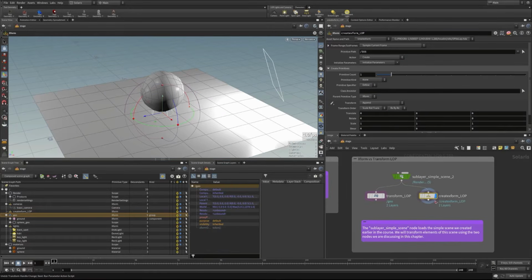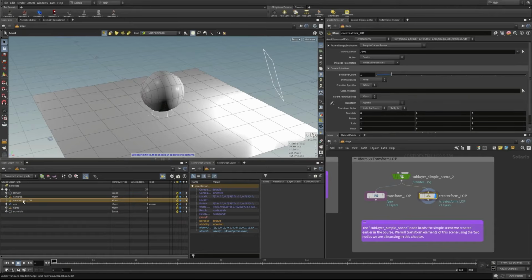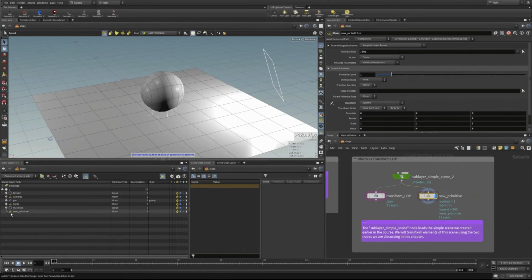Now, when we come over here to the Create XForm LOP, this is a little different because it has the ability to not only transform stuff, but also to create an empty transform primitive, or an XForm primitive, if you would. So here you can see we have a Create XForm LOP, and that's coming right from the name of this node. We could just call this maybe new primitive. And there it's going to get put into our scene graph tree right there. And we could obviously parent this underneath something. We could just call this